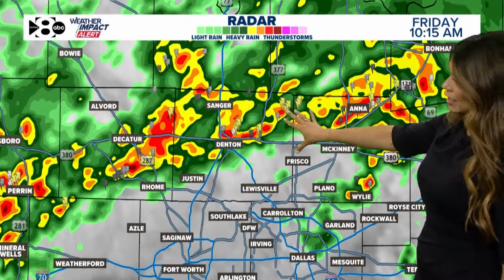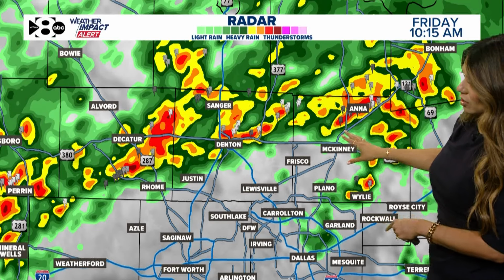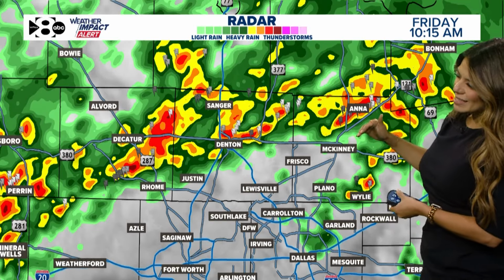To show you the lightning, though, that we're seeing across areas of Wise, Denton, and Collin County. Again, a lot of this activity is very scattered. This is not a well-defined line that's moving through. That's good news. That lowers a severe threat. But as this slowly works its way towards the south again, that could increase some areas of minor flooding in